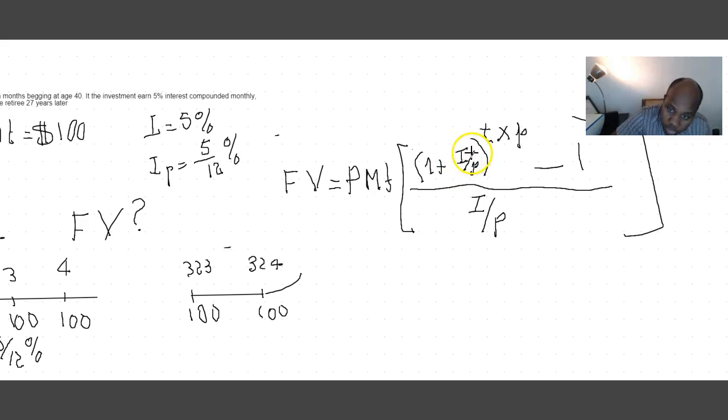This is the interest annually over the period. If you capitalize monthly, it's going to be 12. If you capitalize semi-annually, this is going to be 2. Okay, so that can be a general formula. We can just replace the values to say future value is going to be payment, which is $100,